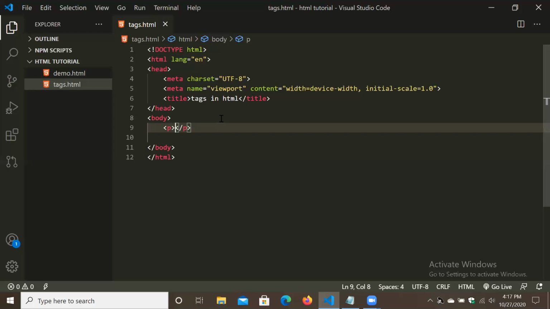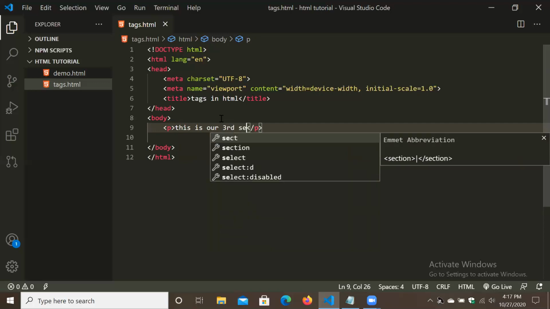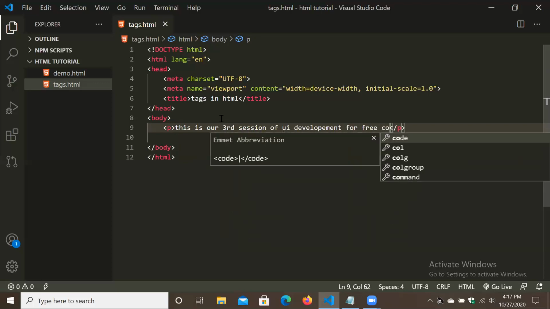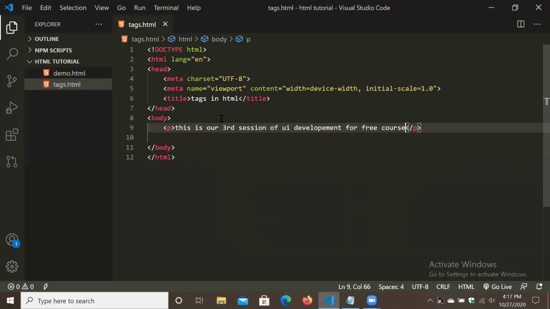Okay. So I type some text like this is our third session of UI development for free course. Okay, so I have written this.